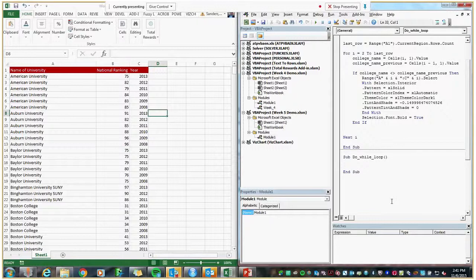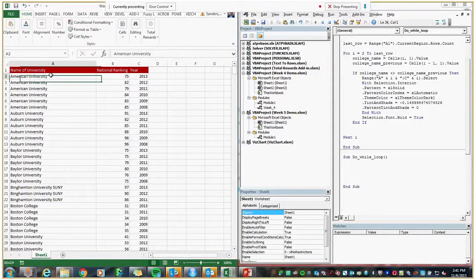A do loop, on the other hand, is going to do the code until the condition is not met, which might sound pretty similar, but it'll make more sense as I build it out. It'll keep doing something until the condition is not met. So in this case, we might want it to keep cycling through